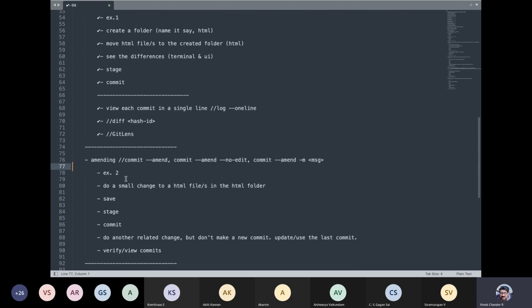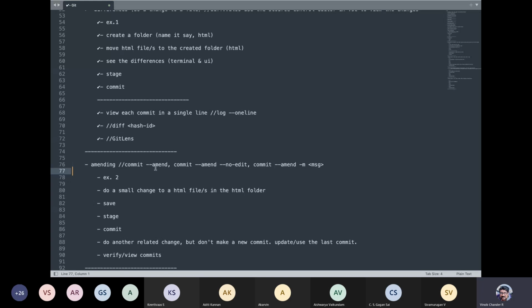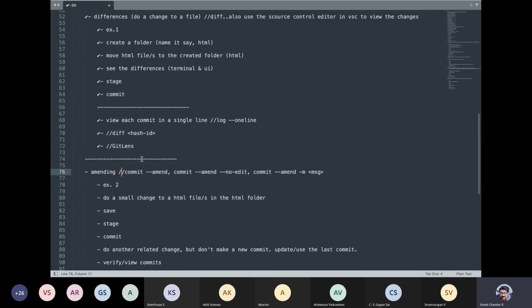Before we do this exercise, there are some syntaxes that you can make use of. The first one is commit amend, essentially git commit --amend. Since git is a common part, I've ignored the git in almost all the messages and just specified the command names.